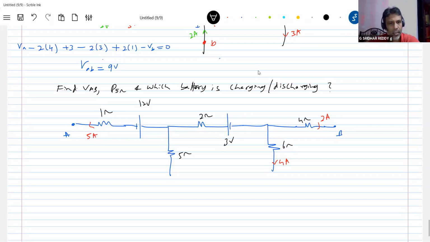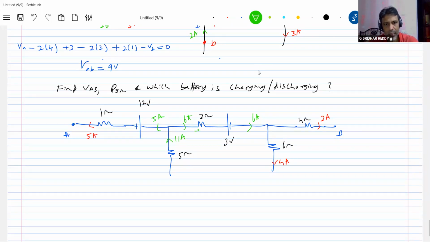This is only a part of a circuit, the total circuit is not shown. So what is the basic core idea? KCL has to be applied. Here how much current is leaving? 2 ampere, 4 ampere. So here this should be 6 ampere. Then 6 ampere here and 5 ampere here, so this should be 11 ampere. Then we got the currents now.